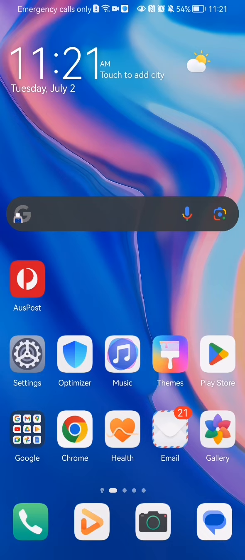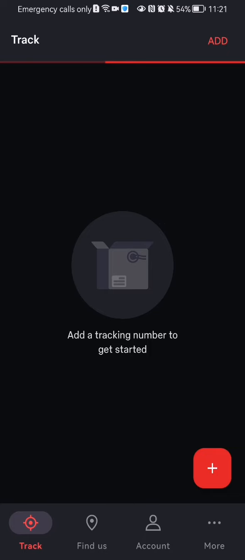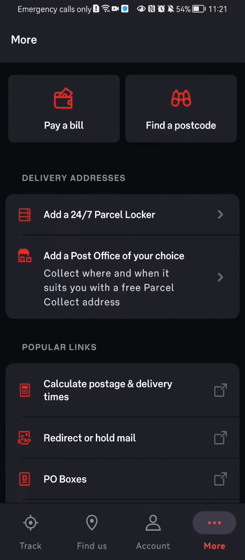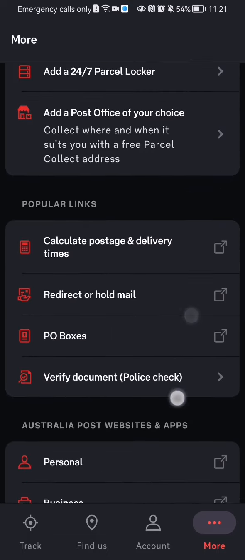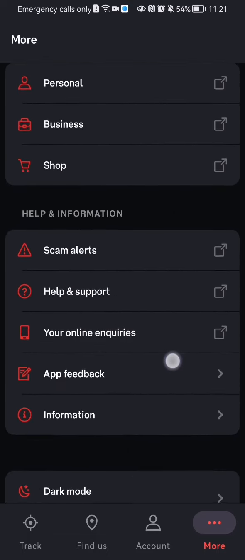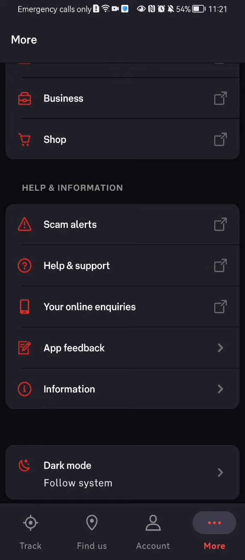The first thing you need to do is enter the app. Now you should wait a little bit until the app loads in. Once that is done and you are in the home page, you should look at the bottom right corner and there you will see the more option. Press on it. And here if you scroll down a little bit, you will see the help and information section,